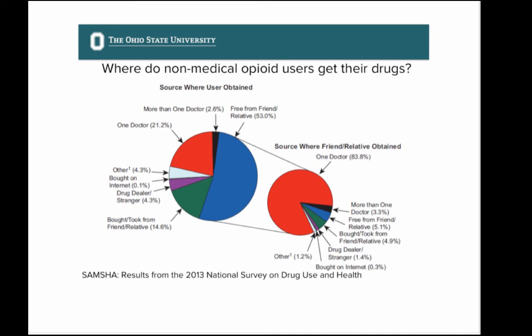Doctor shopping that we hear about a lot is a person going from one physician to another trying to score opioid prescriptions. A recent survey indicates that that accounts for about 2% of the total opioid prescriptions, that about 1 out of every 143 patients actually goes doctor shopping. Those who do are really successful: 32 opioid prescriptions per person per year from 10 different prescribers.